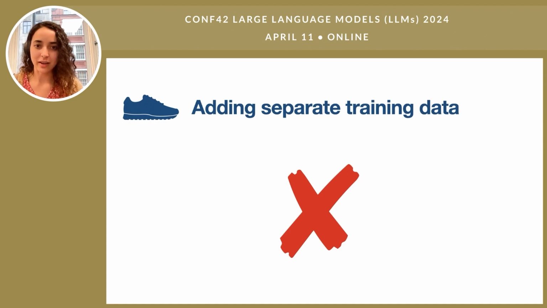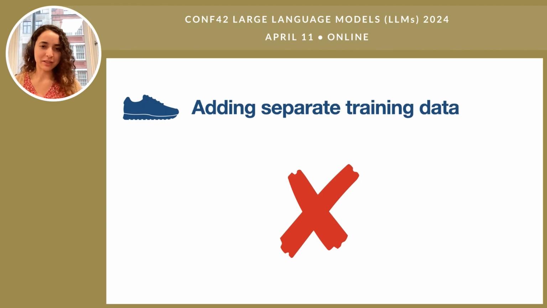Adding separate training data. When we're creating that model on the data, what happens if we throw even more data at it? What I actually found is that this isn't helpful. If you just throw more data at it, what it often does is overfit. Let's say, for example, I trained it on a whole year of 2016 data, and then I want it to figure out, okay, there's like 2 days worth of data in 2017. Can you pick up an anomaly? And it actually performed worse. So this was quite surprising.